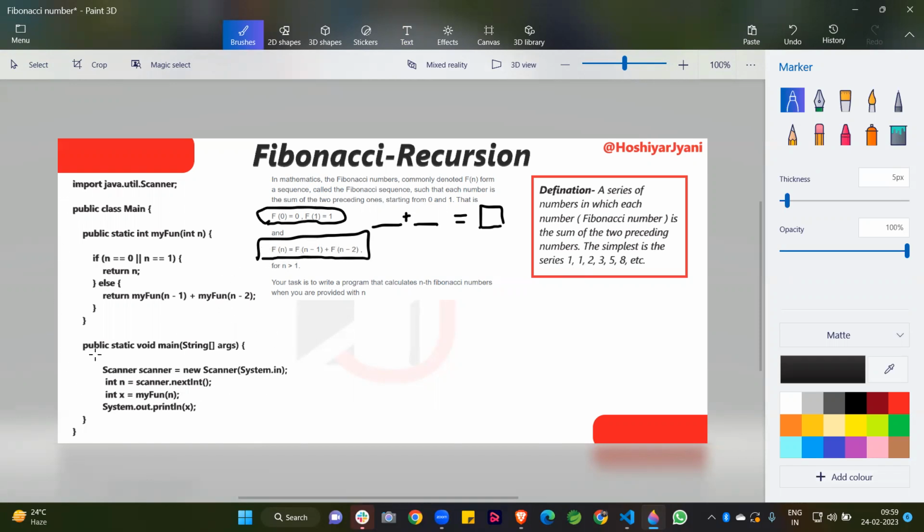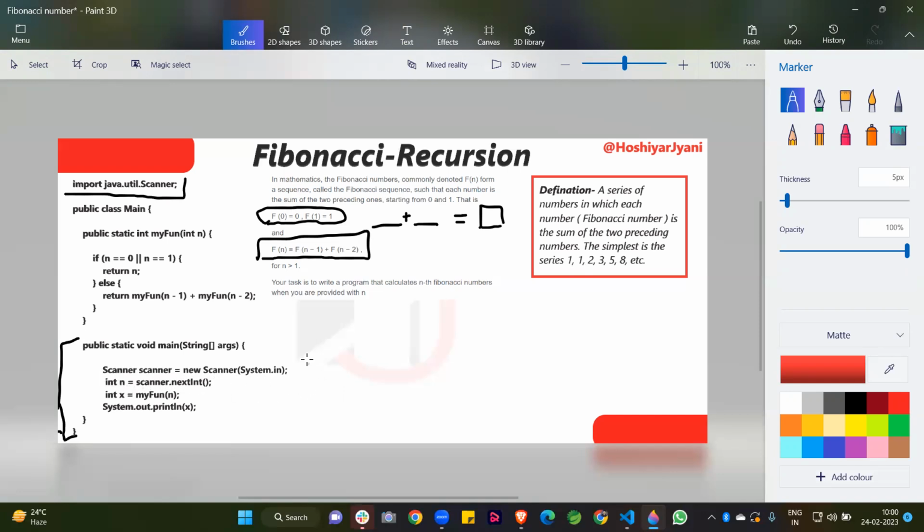You can see here this is our Scanner class for taking input. First of all, I am importing the Scanner class, and then creating an object of the Scanner class: Scanner is equal to new Scanner(System.in). First, I am taking the input.